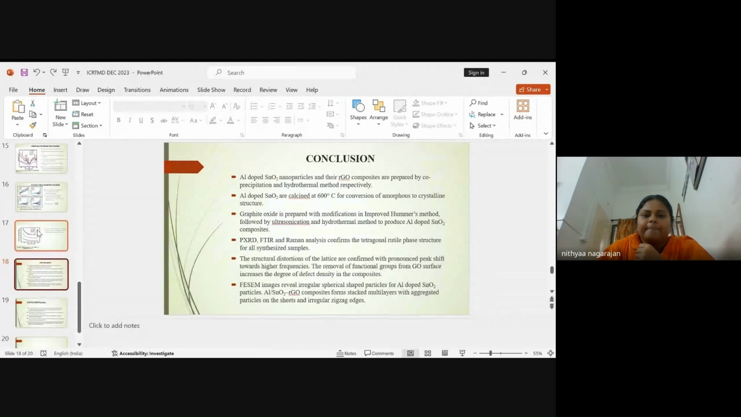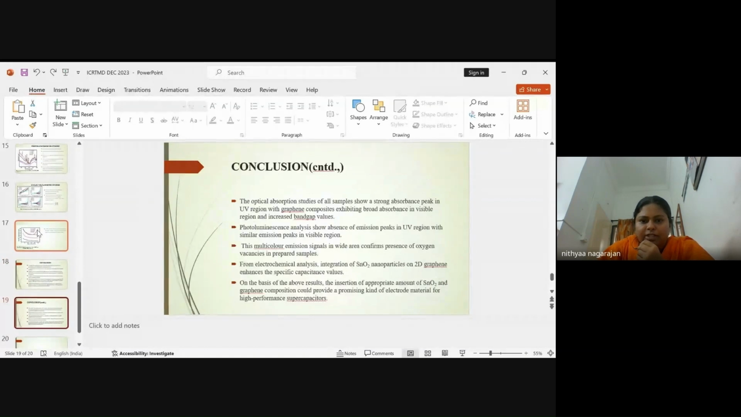hydrothermal method. The powder XRD, FTIR and Raman analysis confirm the tetragonal rutile phase structure for all synthesized samples. The removal of the functional groups from the GO surface increases the degree of defect density in the composites, which was shown in the studies of UV-visible diffuse reflectance spectroscopy and photoluminescence analysis. The multicolor emission signals in the wide area confirm the presence of oxygen vacancies, and the integration of tin oxide